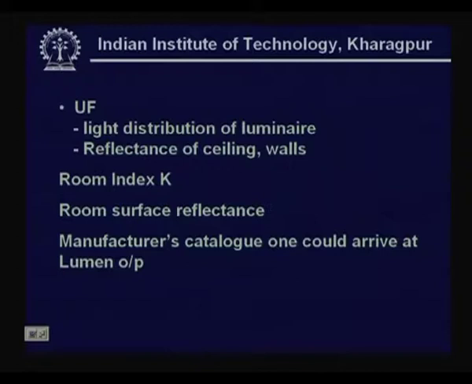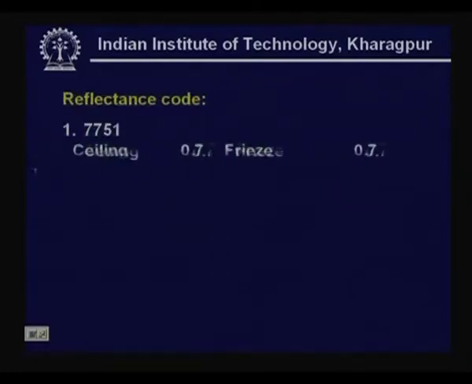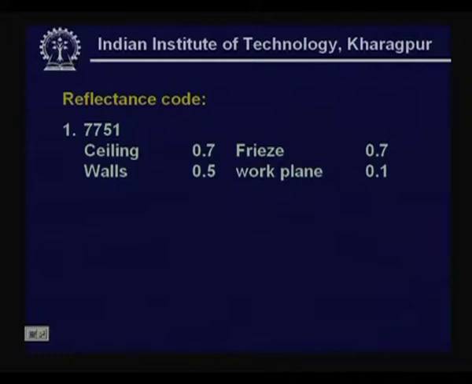Now, consider the room surface reflectances and refer to the manufacturer's catalogs. Obviously, one has to look at the manufacturer's catalog to see the kind of output one may arrive at. The reflectances are categorized or standardized, specified in a certain way. Like you see in example 1, we say the reflectance code is 7751. It's a 4-digit code,